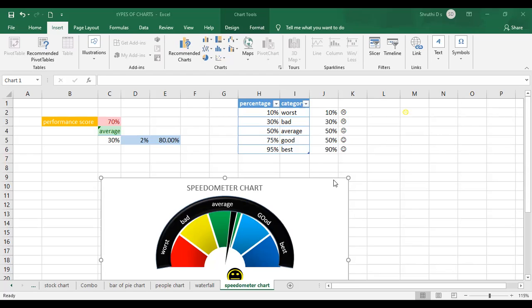So the last topic for the day is the pivot table. I'll try to give an introduction to pivot table today.